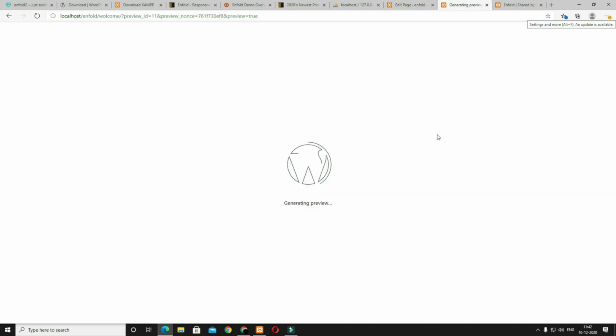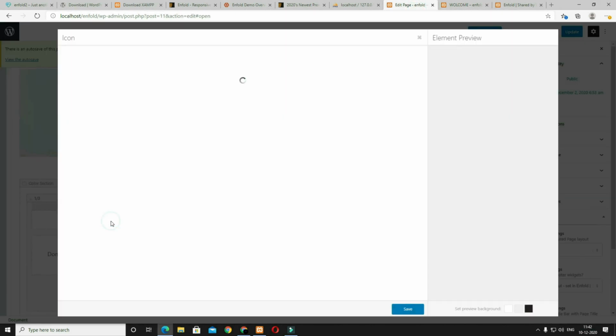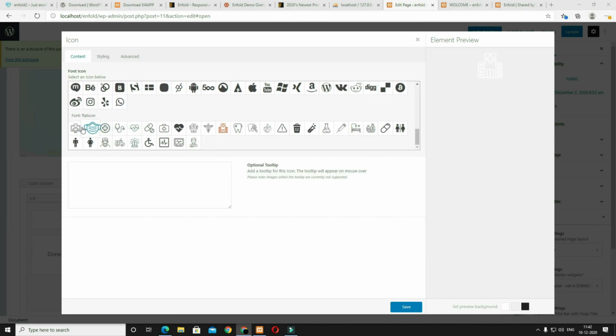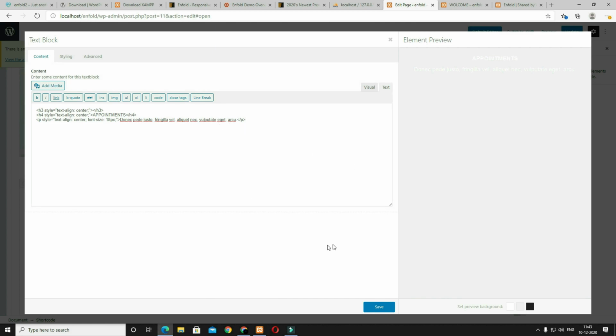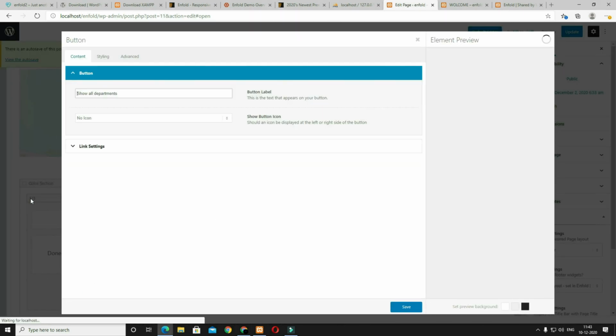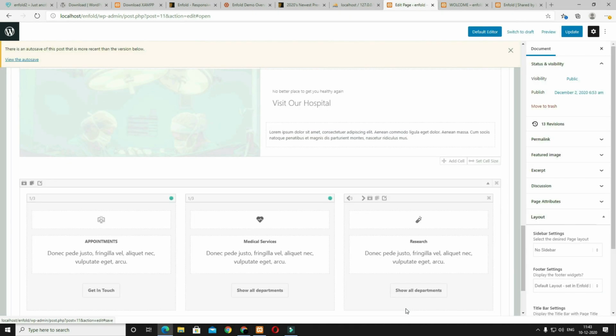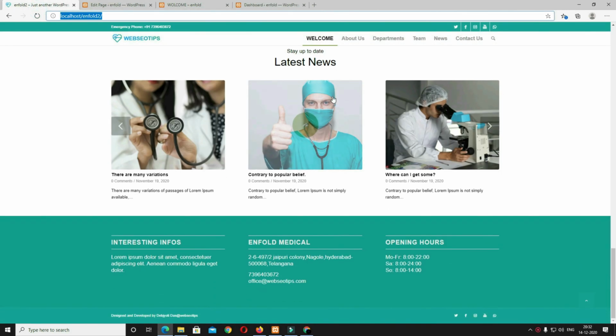Here you can check the preview also. Okay, it's coming perfectly. Now I have to change the icon and the text. It is very simple. Just come back here. Click on the icon, choose the icon, and after that click on the save option. In a similar manner, click on the text block, whatever you want to write you can write, and after that click on the save option. Next, for editing the button, just click on the button and change the text. So similarly, let me edit the other two icon boxes also. Let's check the preview now. Okay, it's coming perfectly.